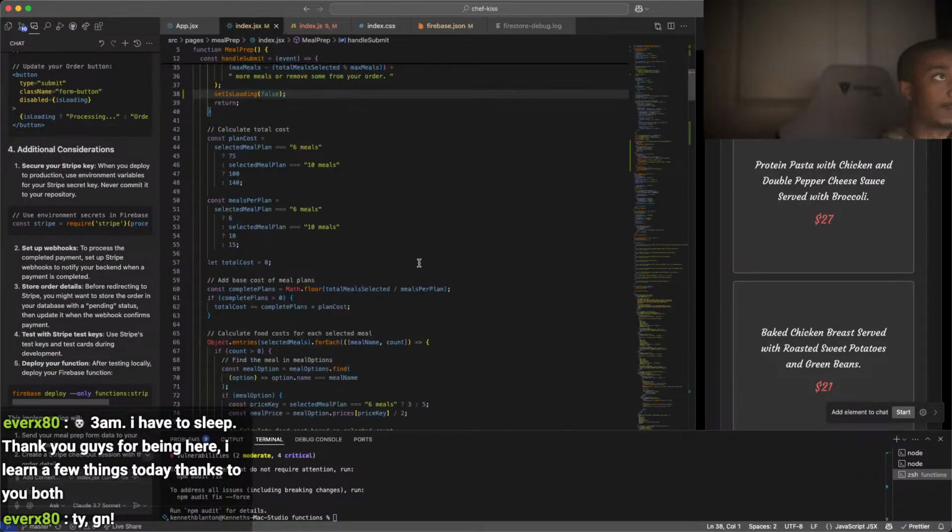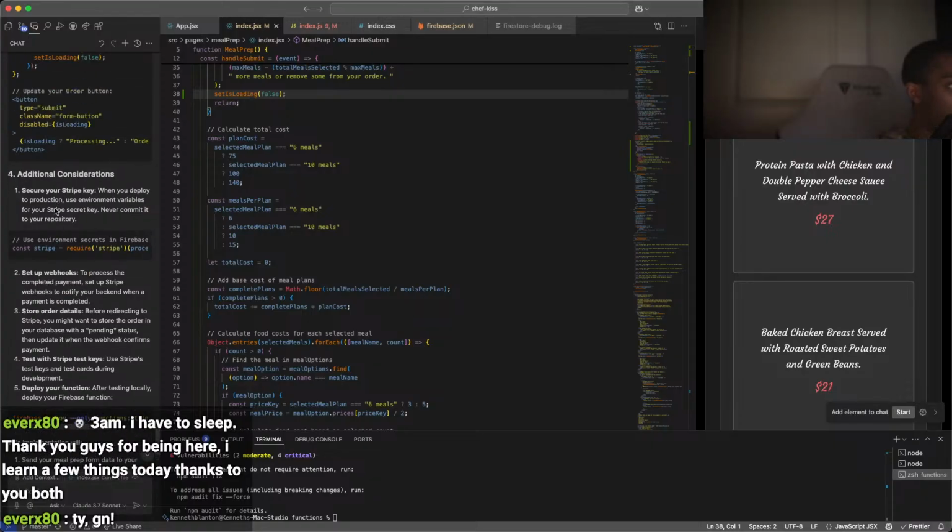Additional considerations. Require Stripe process. Okay, so I was already on the right track. When you deploy to production, use environment variables for your Stripe security key. Never commit it to your repository. So when I push it